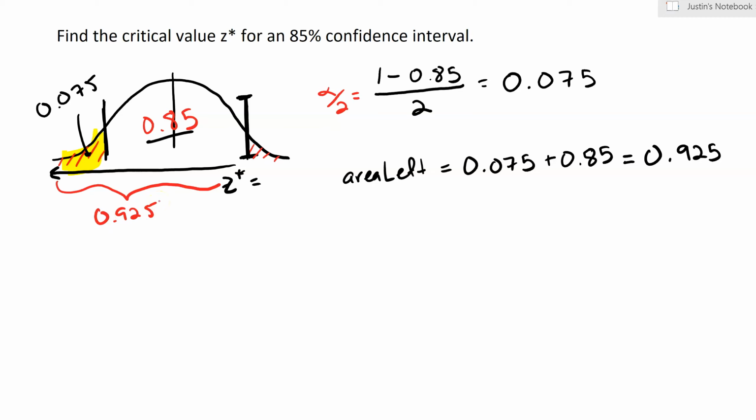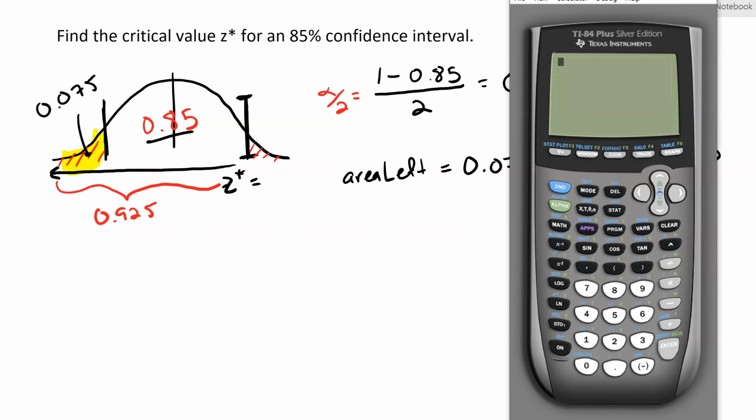So how do we find this on the calculator? On the TI-84 and also on the TI-36, you will find that there's an option called distributions, DISTR. And we can find it by going to second DISTR. And on here, you will find in the list inverse norm. You will find it, I think, a little bit further down on the 36, but here it's the third one on the list. So if we choose that third one,